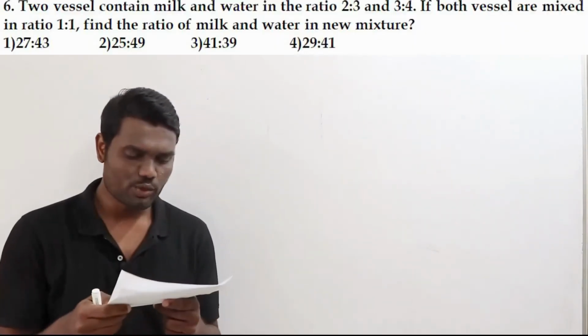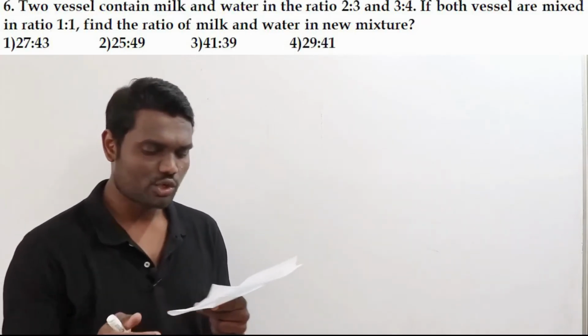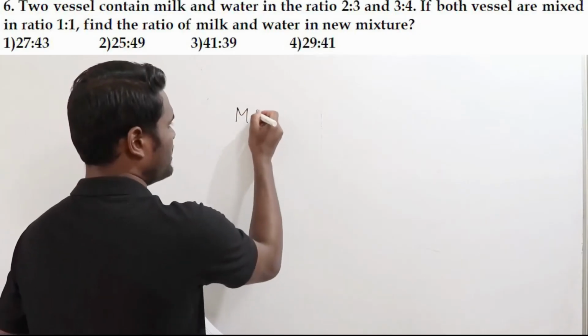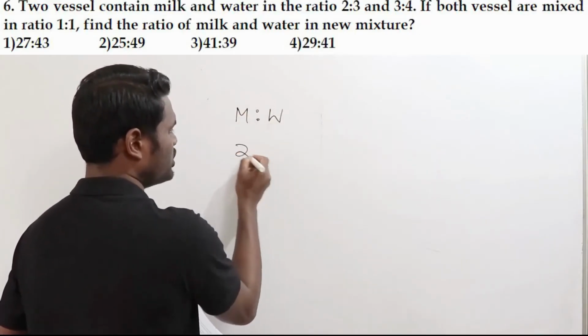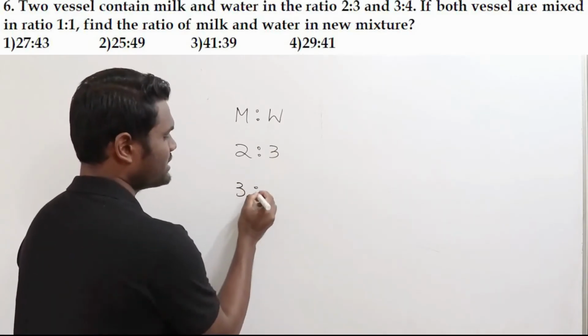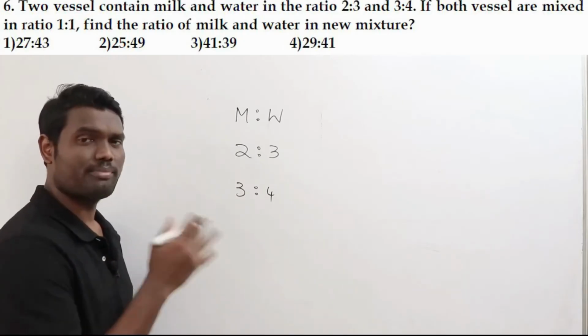So next question. Two vessels contain milk and water in the ratio 2:3 and 3:4. So you have milk to water ratio 2:3, that is one vessel. Another vessel is 3:4. If they are mixed in the ratio 1:1, what is the resultant ratio of milk and water in the new